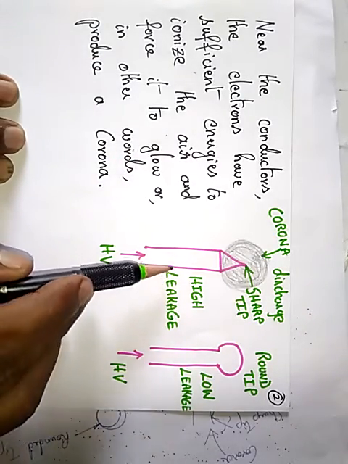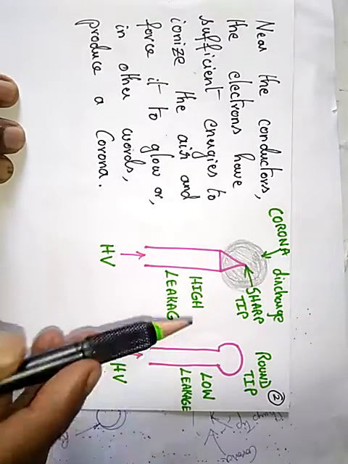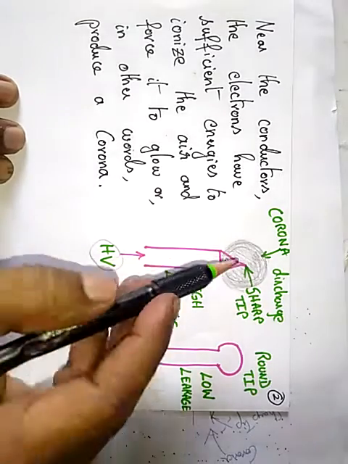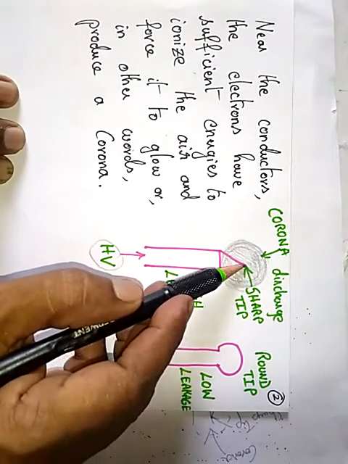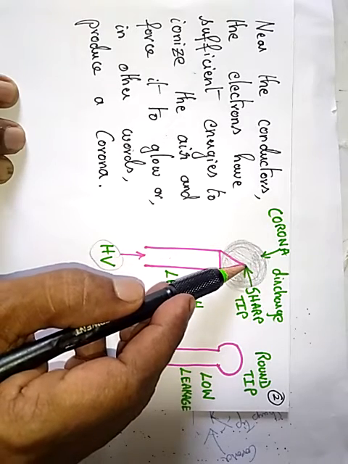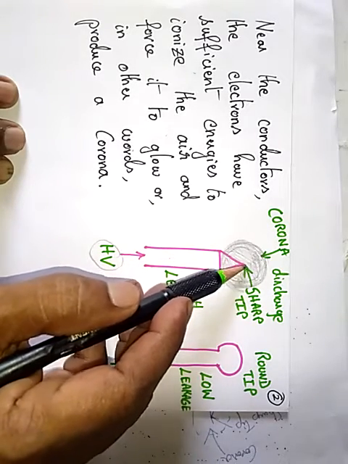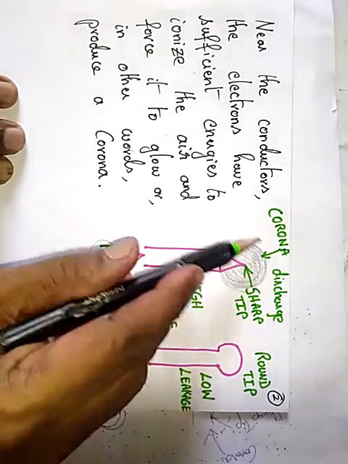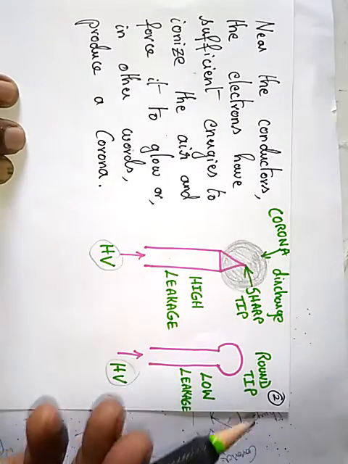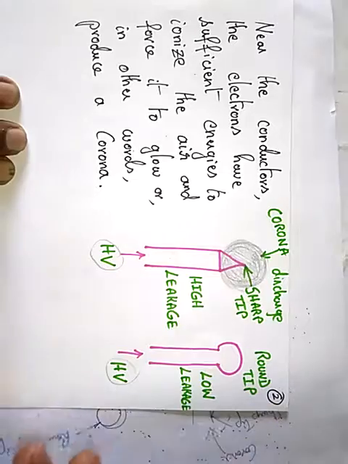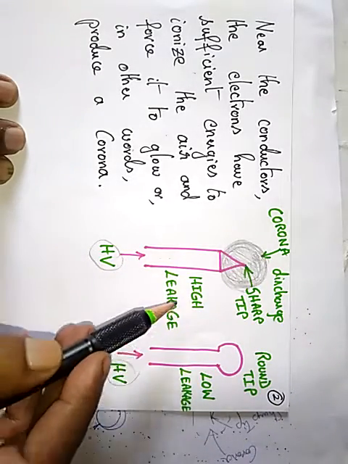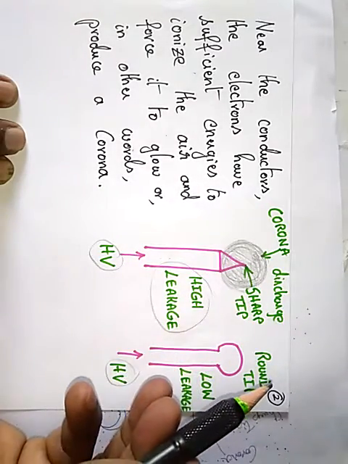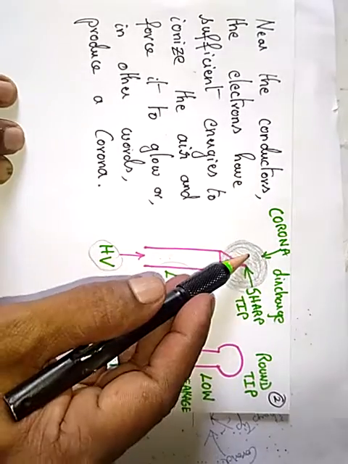That means we consider two materials. Here we are applying a high voltage supply, and the same voltage is applied here also. But if you see the sharp tip, the area here is very less. So the number of electrons accommodated by this point is very difficult. So it will try to discharge in the space. And that discharge is called corona discharge if it is pointed. For the same case, here the leakage is very high. That means it tries to discharge or ionize the surrounding gases, usually the air only.